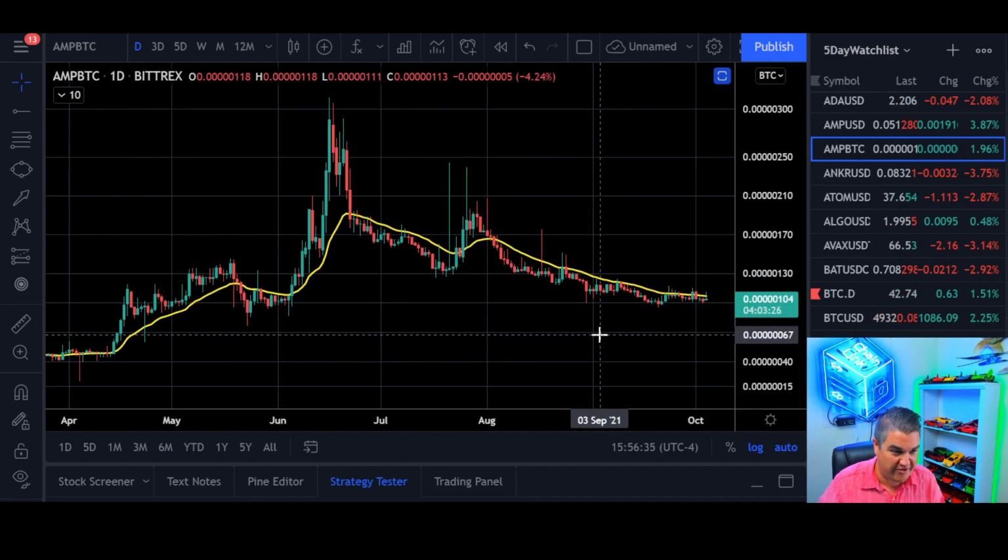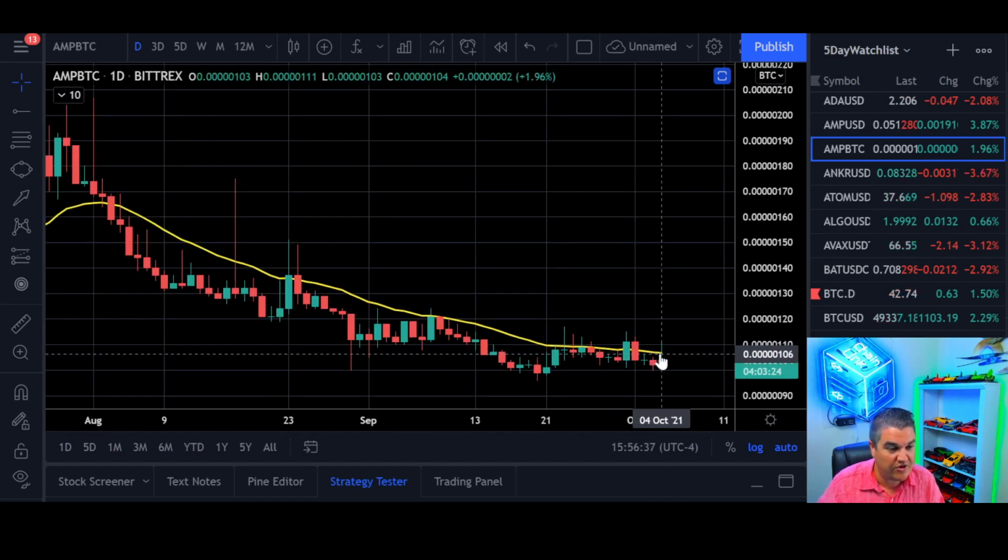Certainly AMP is in that category right now. But what I would be looking for on the daily chart is AMP to flip this, so against Bitcoin. This can be useful against US dollar too. And if you don't know, you can trade your coins against Bitcoin. So you don't always have to sell to fiat. You could sell over to Bitcoin.